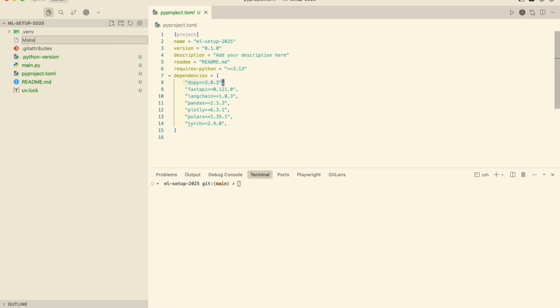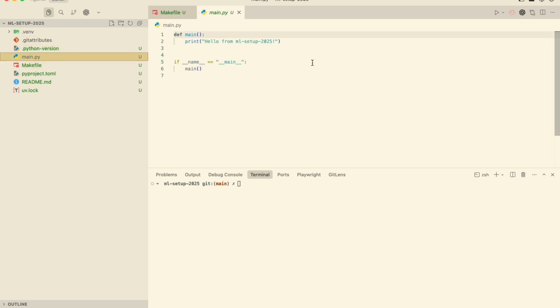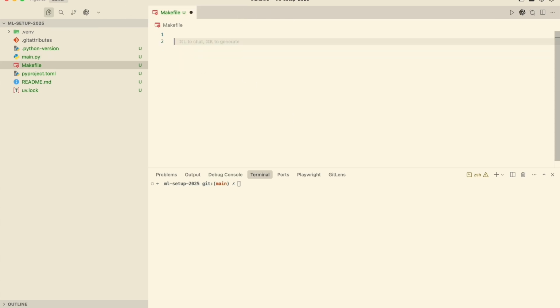So I have here a makefile. And with makefiles, it's actually really cool. Let's say here my main.py right here. Okay, it just has print hello world. And in my makefile, I can actually create here some commands which I can just run, very similar to npm package.json if you also come from the web world. So if I do here, for instance, .PHONY start like this, and then I say here what it is,